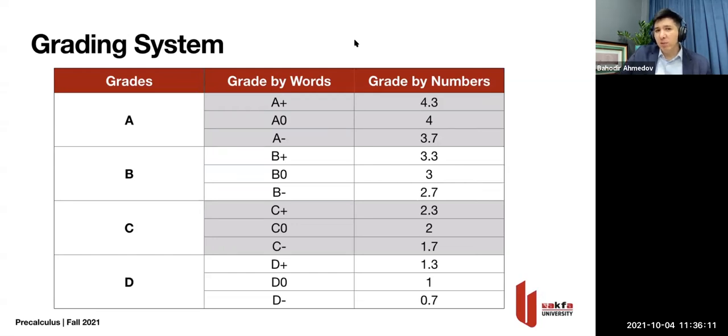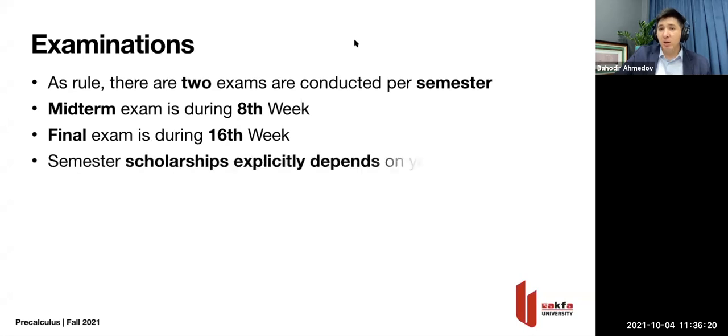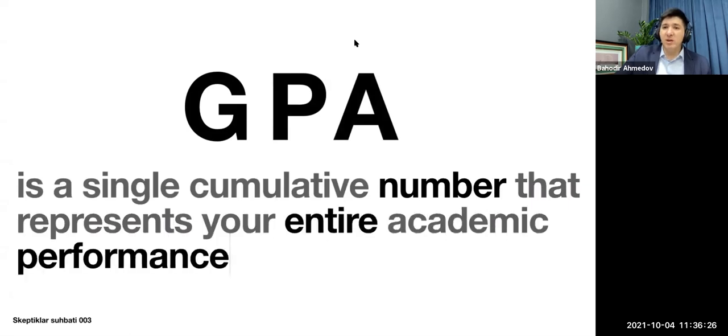Okay, so this is really important to keep a note of the numerical values of all of the grades, because we're going to calculate something which is called the GPA using those values. Okay, so your scholarships, everything depends on the GPA. GPA is just one number which represents your academic performance. Whenever you apply with your documents later on to some job or to continue your studies in the masters, everyone in the world looks at your GPA if they would like to understand how your academic performance was.